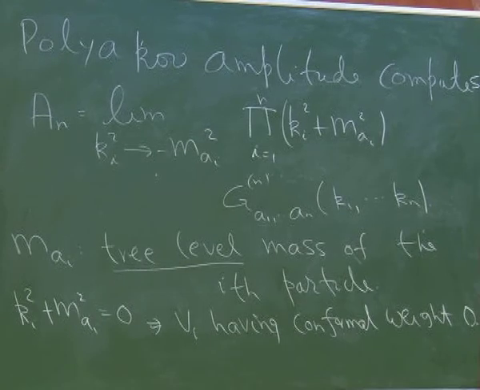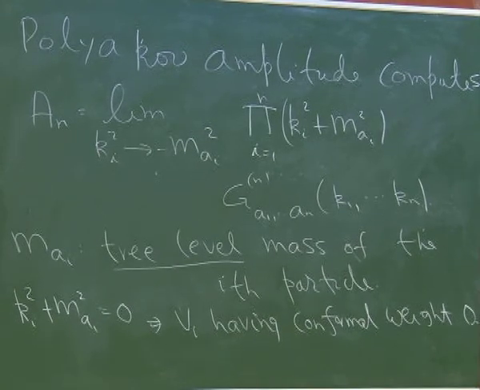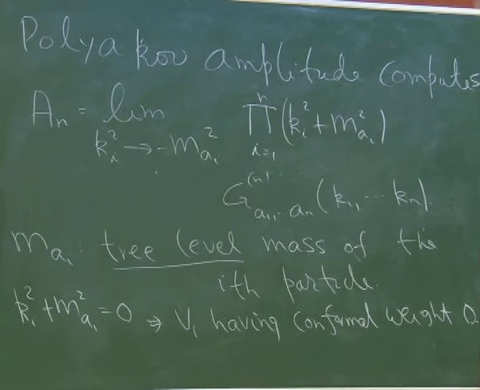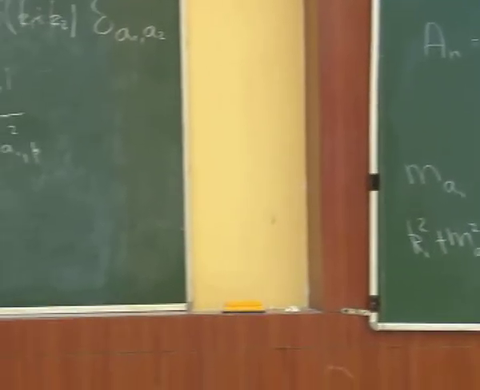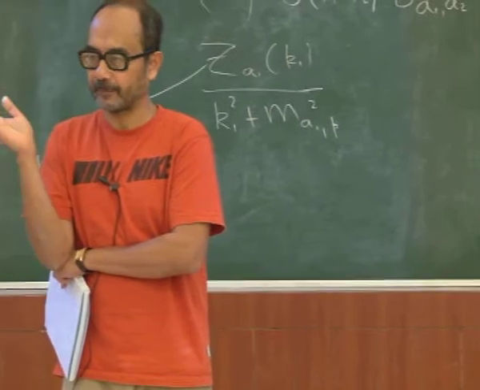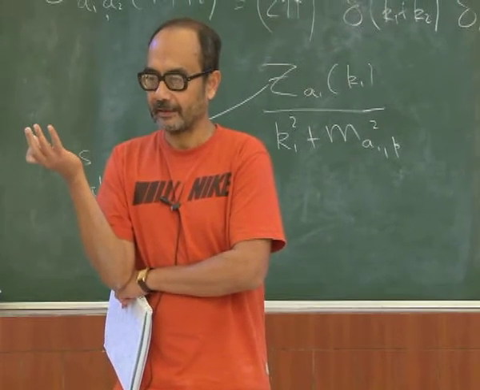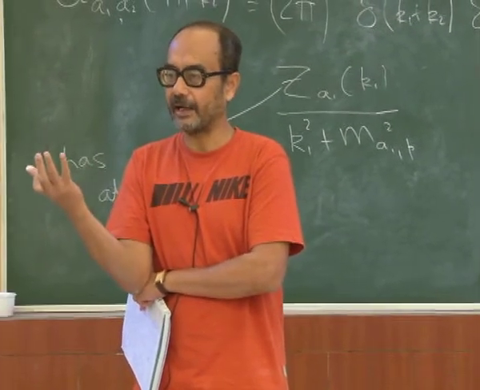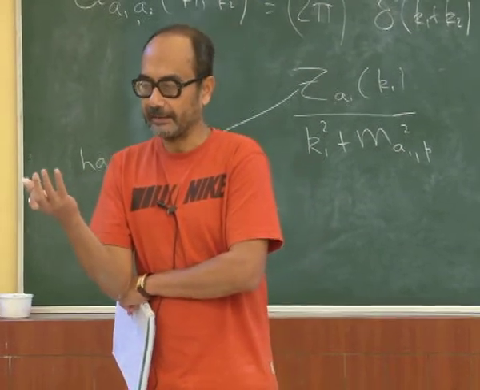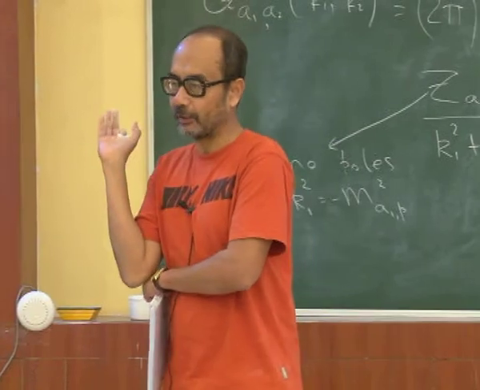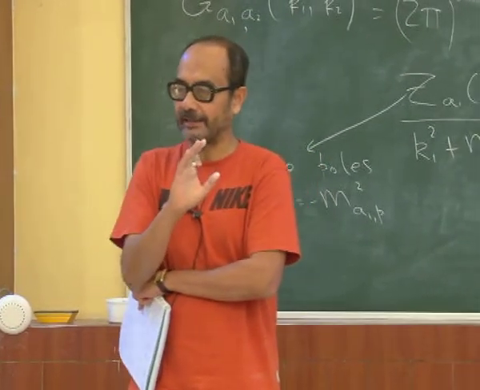The sum over diagrams renormalizes that tree level mass into the physical mass, right? But when you are doing perturbation theory, you never have to. In the propagator, you can always put the tree level mass, the bare mass, and that is the mass that appears in the Lagrangian. And the point, okay, there is one distinction between quantum field theory and string theory, which is that there, of course,